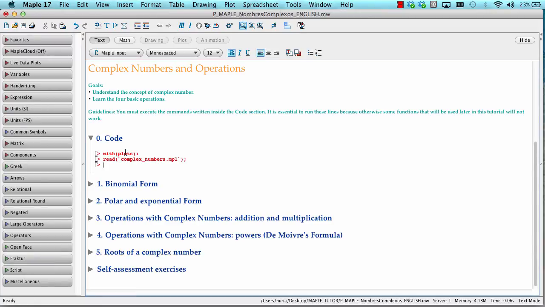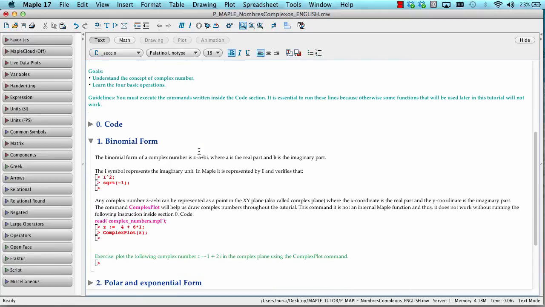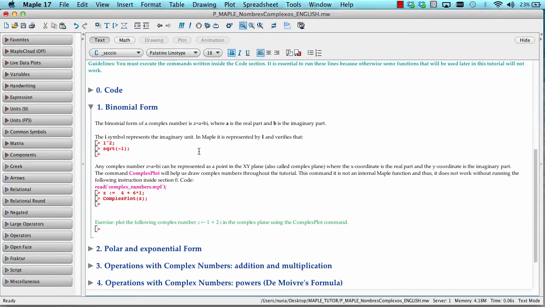Even though it seems that we are not doing anything, we will need this because in executing this line, we are having some functions which we are going to use to plot numbers. And these functions are not from Maple, we have programmed them ourselves. So now that we have this, we open binomial form, and let's see how to work with Maple and complex